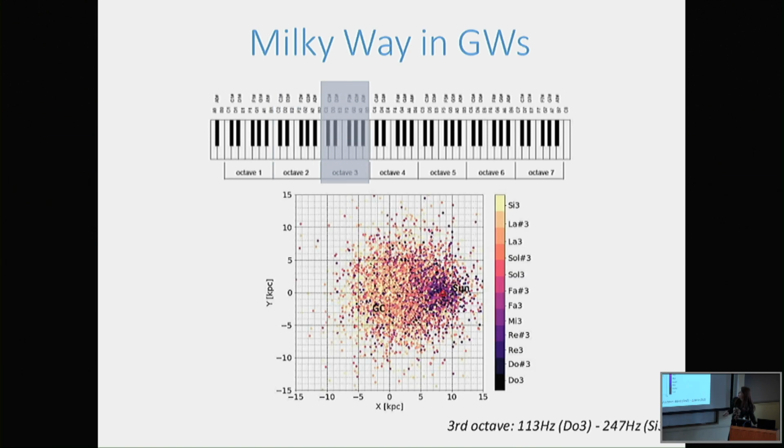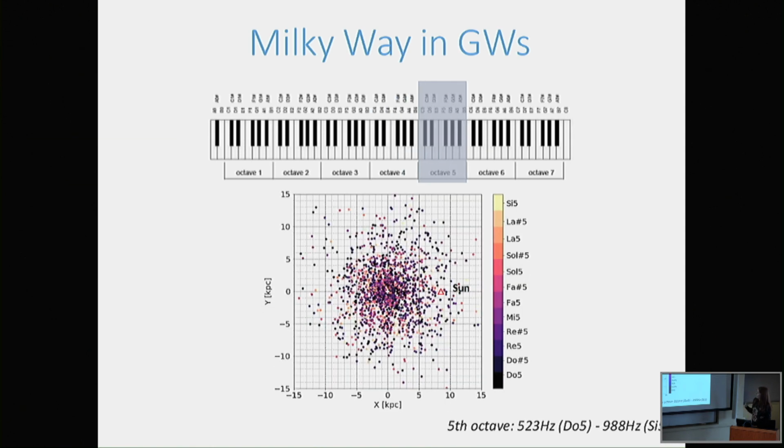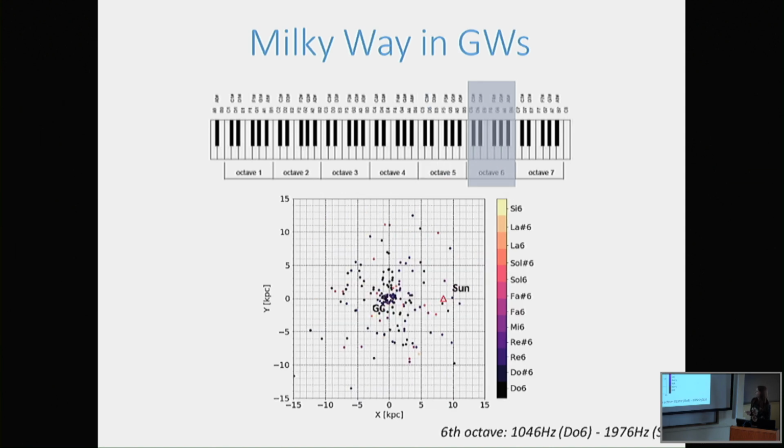If we go to a higher octave, we start exploring larger space, and you see the trend in color. So the lower frequencies are still around us, and when we go farther away, we start seeing binaries with the higher notes. And when you get to the center, you basically see them all, and this is where we are at the millihertz regime. As you go at the higher octaves, you still see binaries everywhere, but they become rarer. And this is because they just merge faster, so they are gone by now.